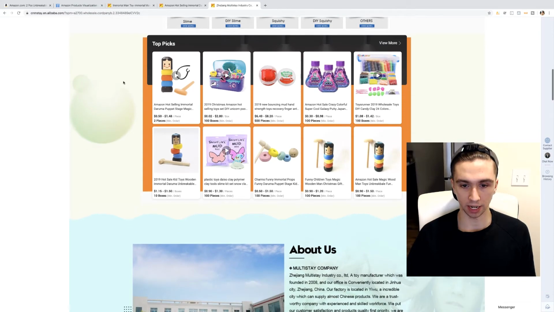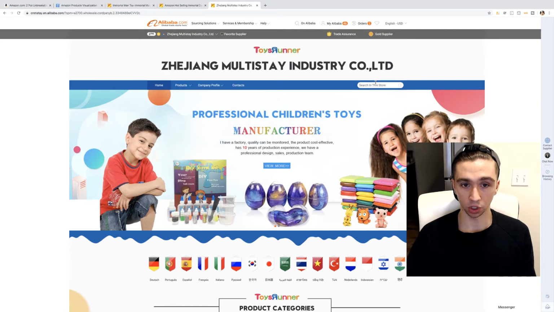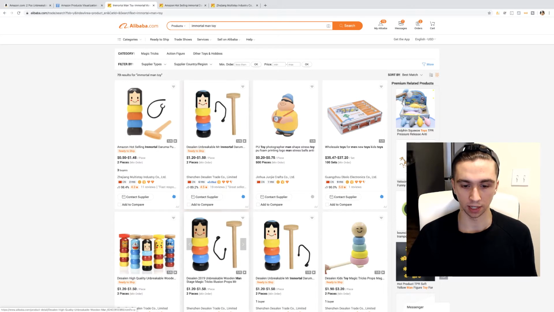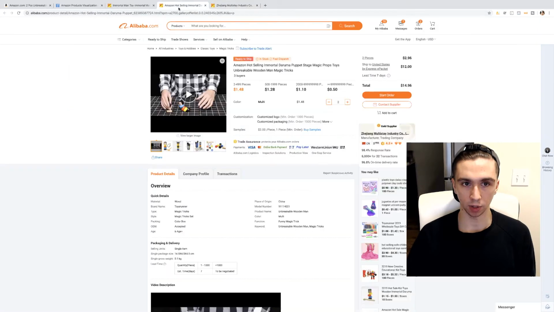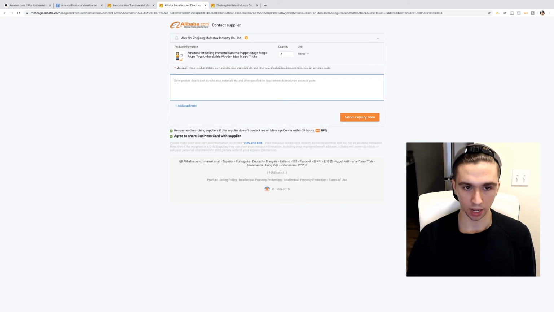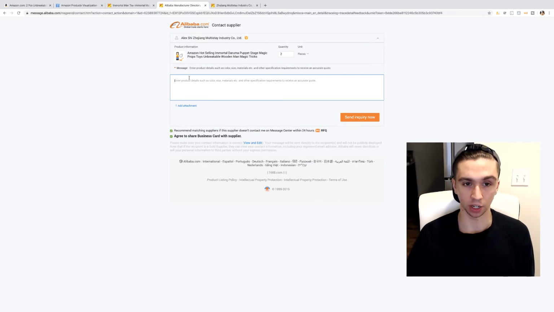And if you had a specific idea for something to bundle with, you would go ahead and search it in here. And then if that supplier didn't have the thing you wanted to bundle with it, you'd come to this one, and then this one, and then this one, and so on. So that's how bundling works. And then you would contact supplier, right? You would say something like, I'm looking to bundle these together. Here's how many units I want to order, that kind of thing. We don't need to go over how to contact a supplier right here, right now. That'll actually be in the contacting supplier video. But for bundling, it's going to be that process.